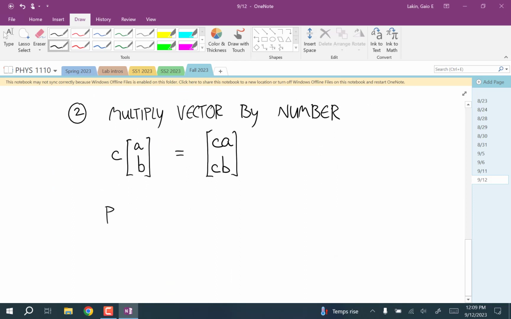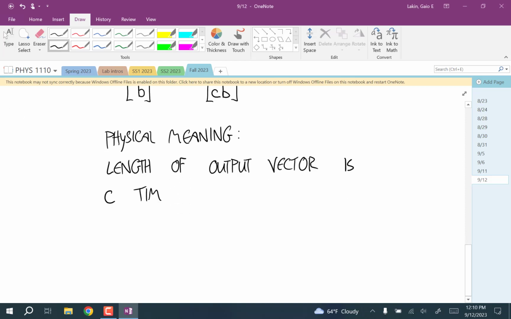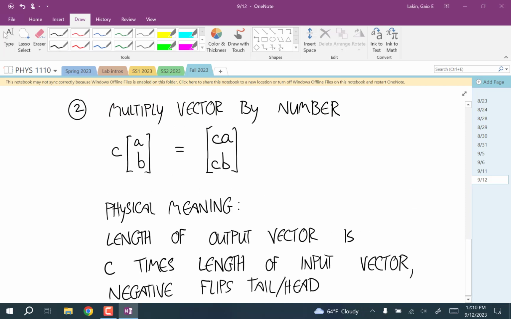And the physical meaning of this is the length of the output vector is c times the length of the input vector, and if c is negative, it just flips which side is the tail and which side is the head. Okay, so